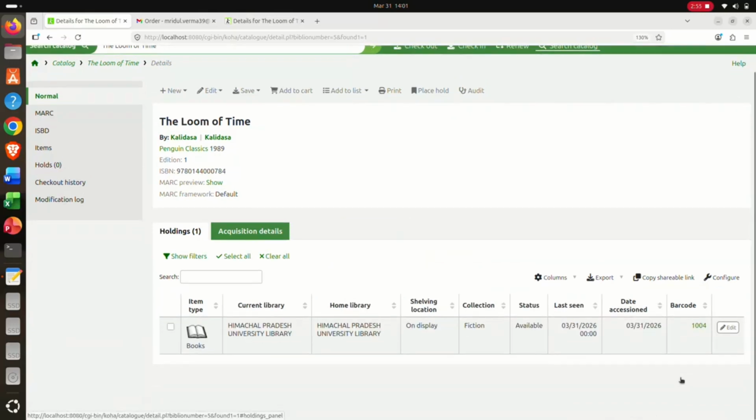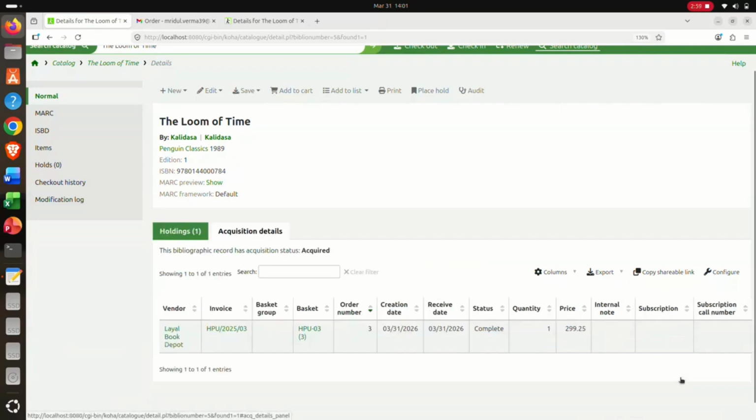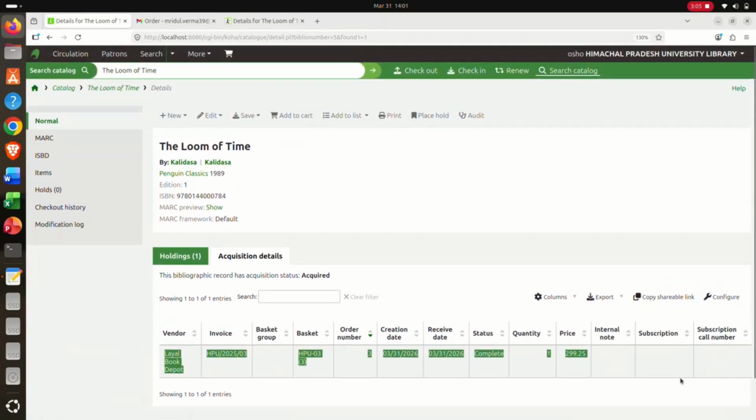Here we can see that the library has one holding, and if we click on the acquisition details, we will see all the details. Only if all these steps are done step by step, we can do this,